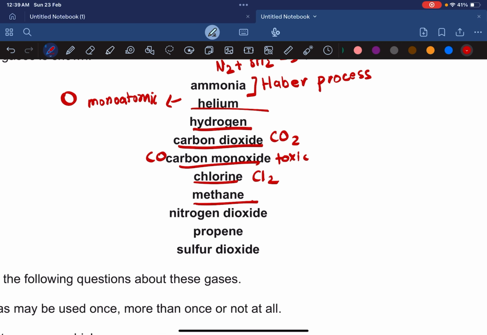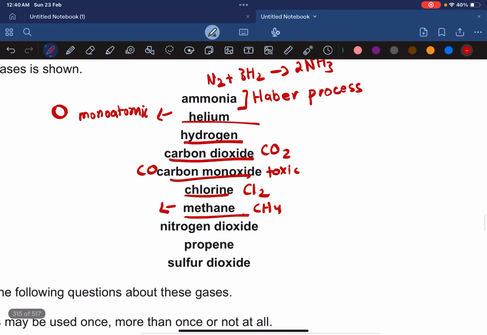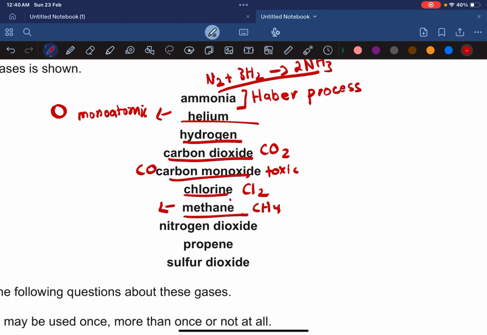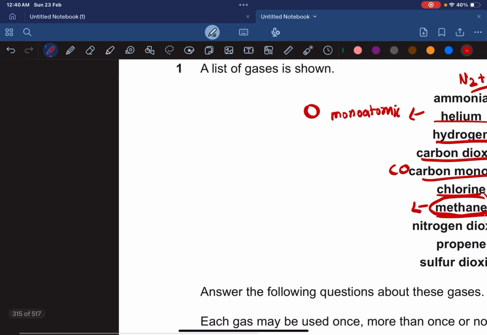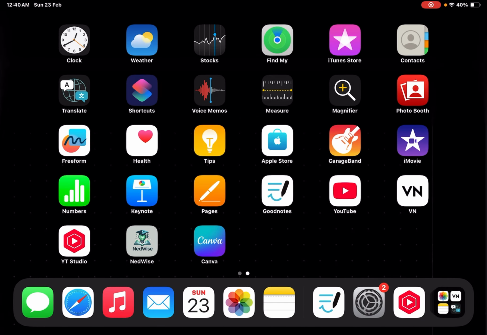Then we have methane. Methane is CH4, and this gas is very famous because it causes global warming and an increase in Earth's temperature. Moreover, for methane gas, we know that it is used to extract hydrogen. If you remember the Haber process, for the Haber process you get the hydrogen from methane. It is clearly stated in the syllabus. I wish I could show it to you guys as well. If I could, then